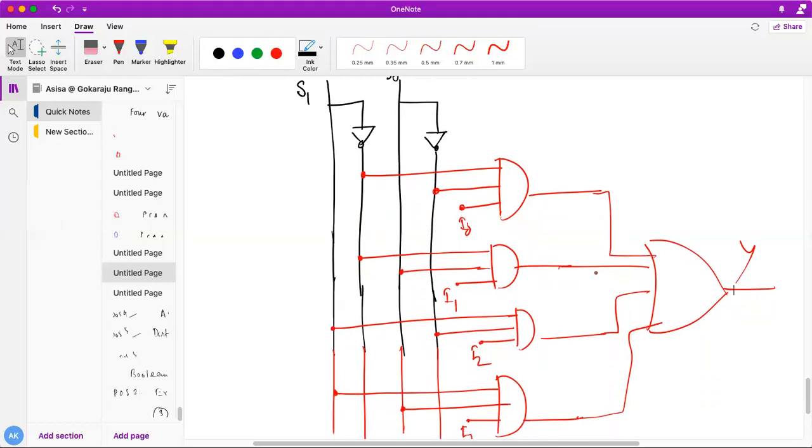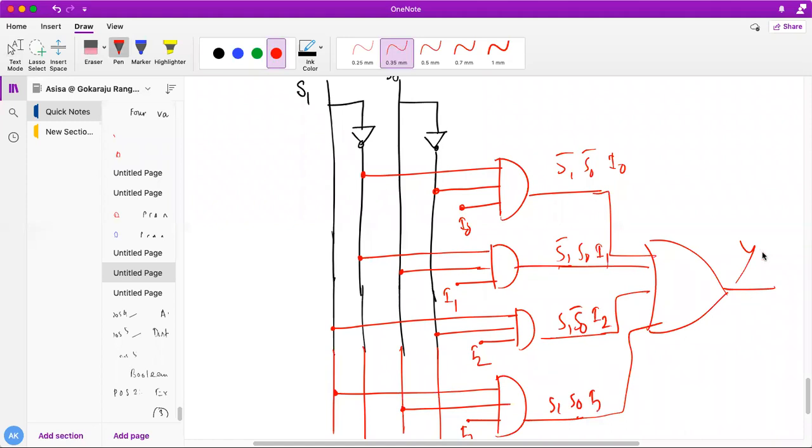Do you all understand, students? Very simple. So this is nothing else but my S1 bar, S0 bar, I0. This is S1 bar, S0, I1. This is S1, S0 bar, I2, and S1, S0, I3.